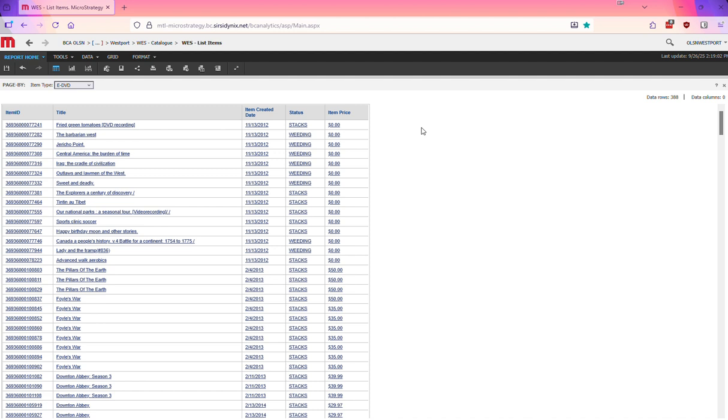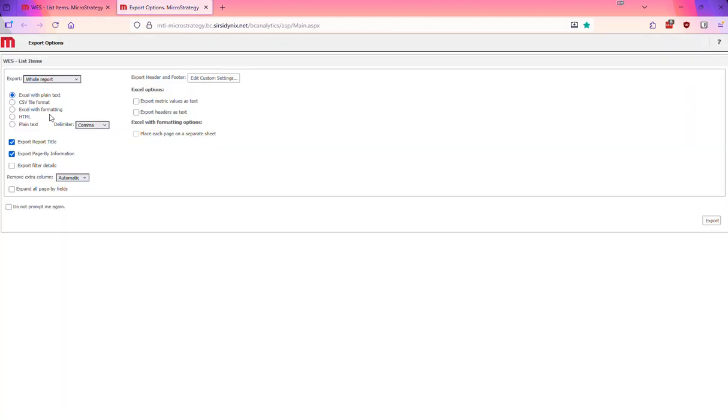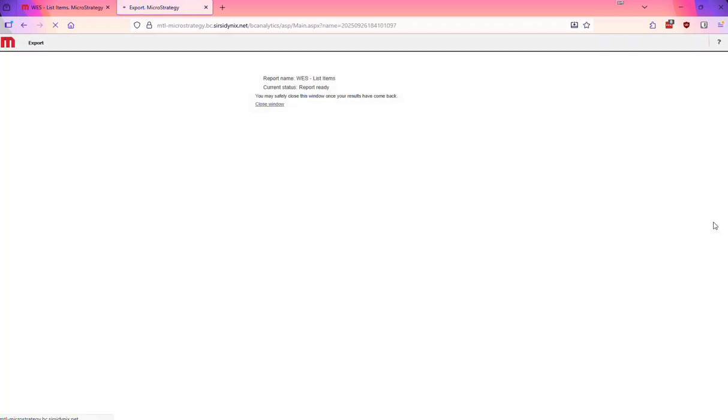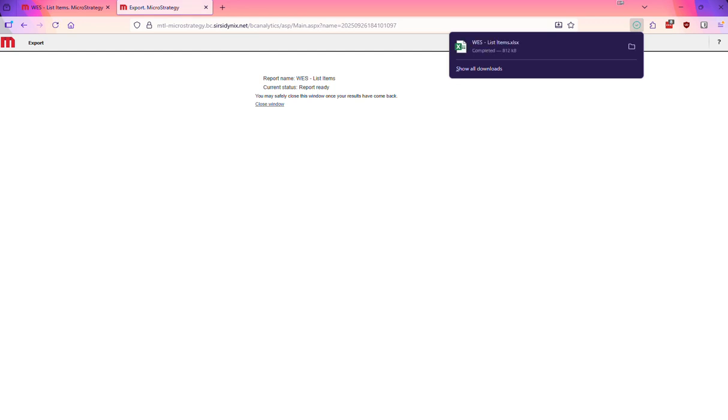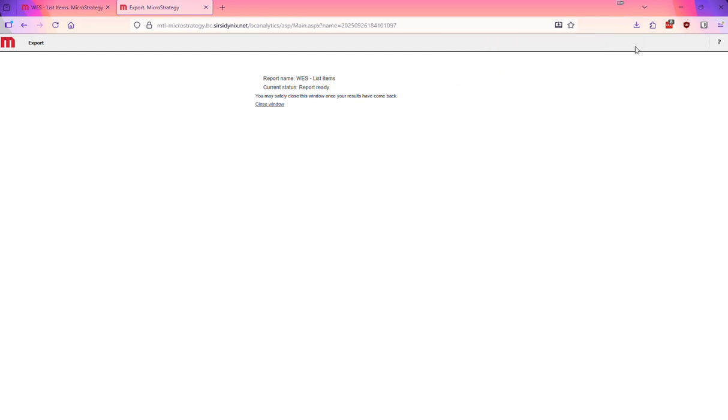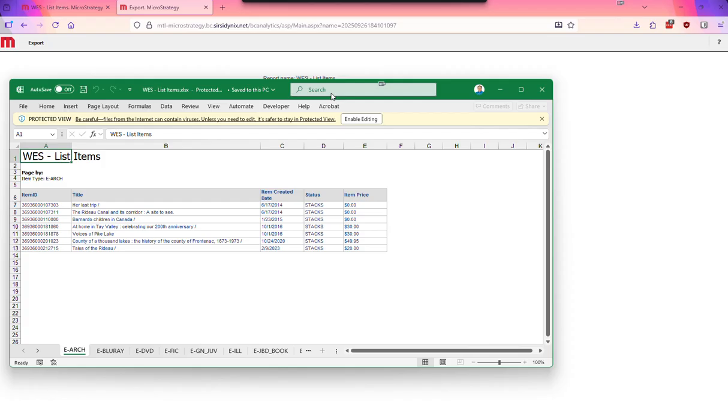Now, when you export a page by report, it looks a little bit different because when you're exporting, you're going to be exporting to Excel. And what you're going to want to do is select the option here to expand all page by fields, and then also place each page on a separate sheet. Now that's pretty self-explanatory what that's going to end up doing, but I will demonstrate it. So once the report opens in Excel,